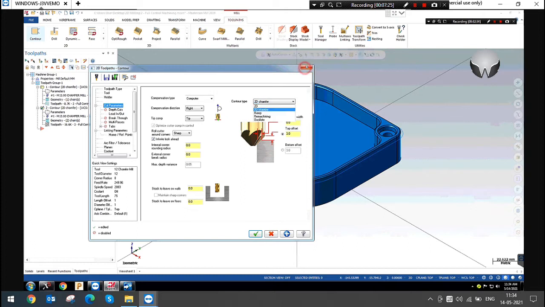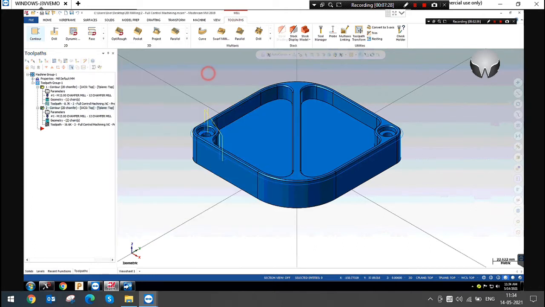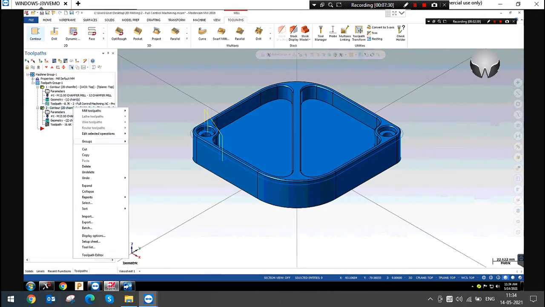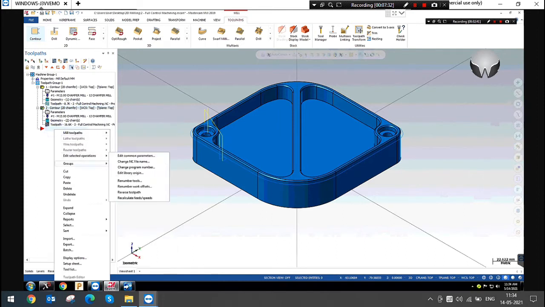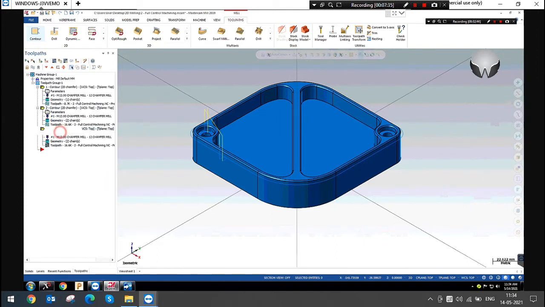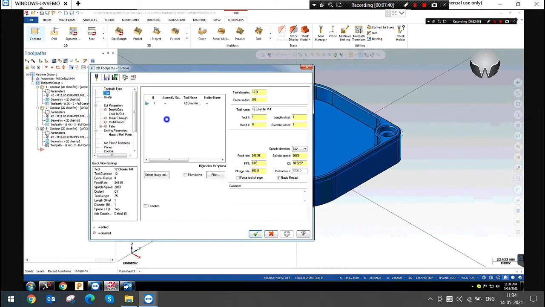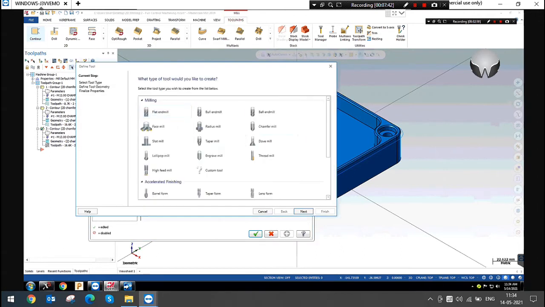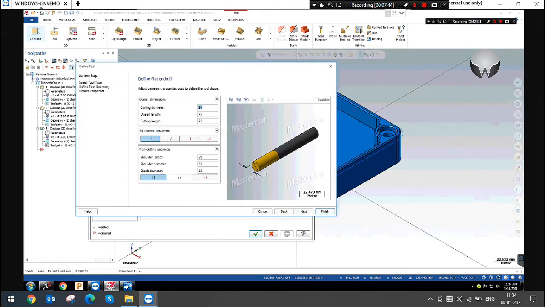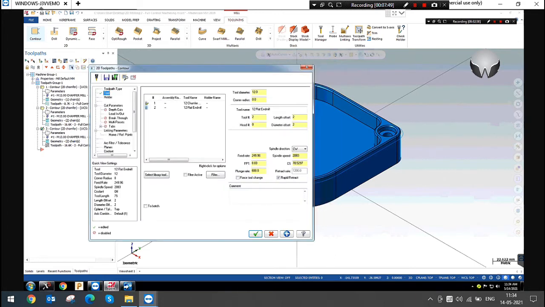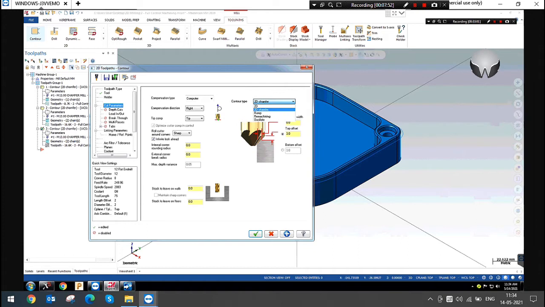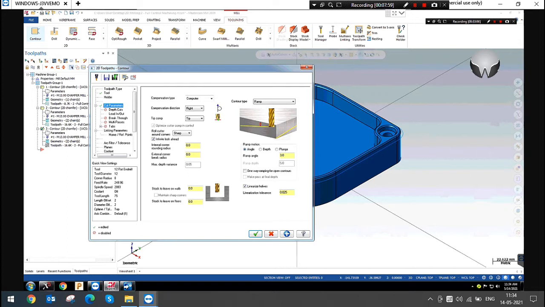Yes, the ramp machining. Copy, paste. Now I'm going to define a tool, flat end mill, finish, and in cut parameters I'm selecting ramp. With this ramp option, you can finish the outer wall by giving a ramp.